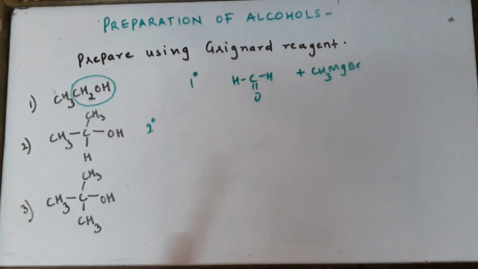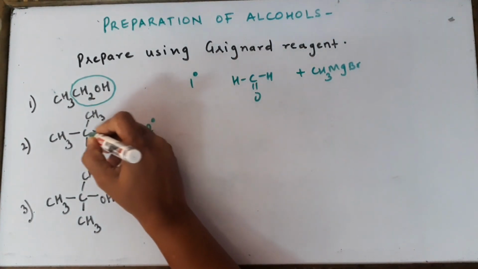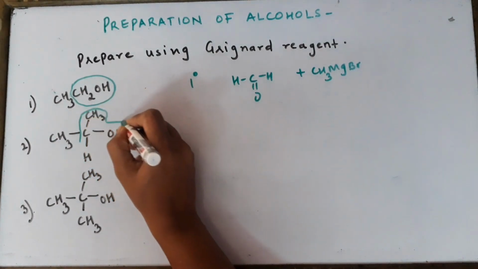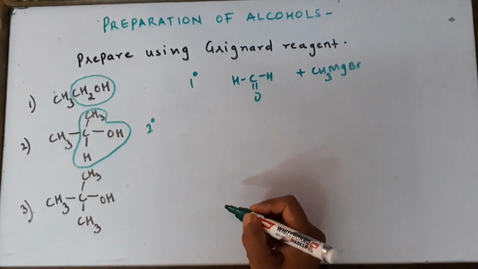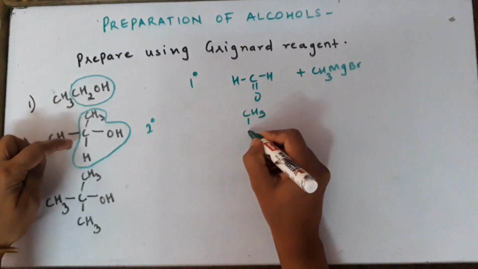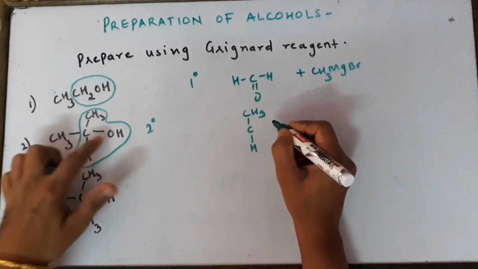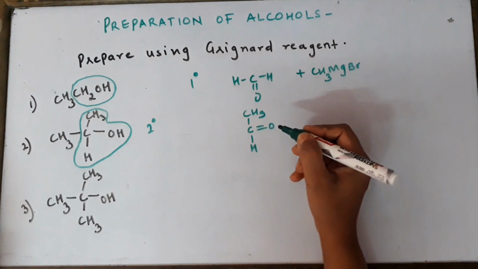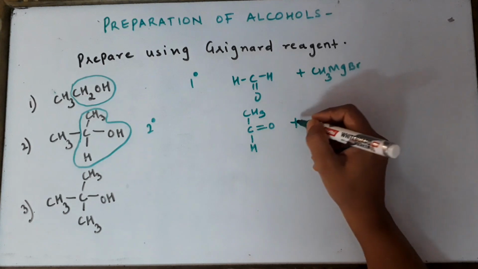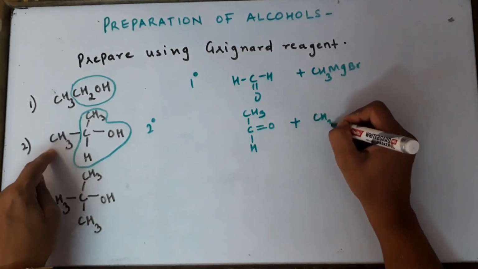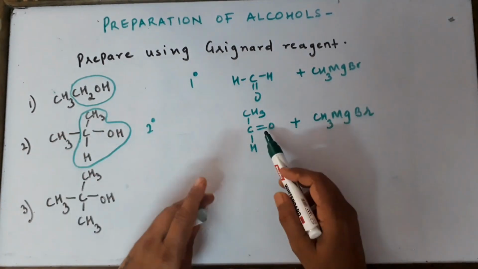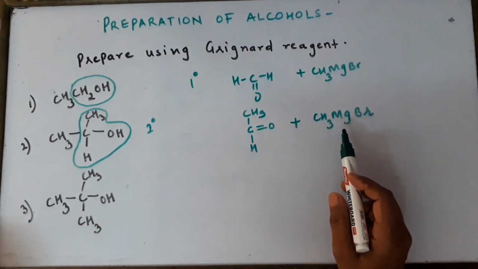Let us make the aldehyde out of this compound by taking oxygen connected to carbon and connected to one more carbon. So this complete thing will become my aldehyde. You can see how I will write here, CH3CH, and now we are not going to write OH but we will write double bond O. So this aldehyde is becoming CH3CHO, that is ethanal, and the remaining fragment which we have not considered is CH3MgBr. So to prepare propan-2-ol, we use ethanal and methyl magnesium bromide. Let's go to the last one.